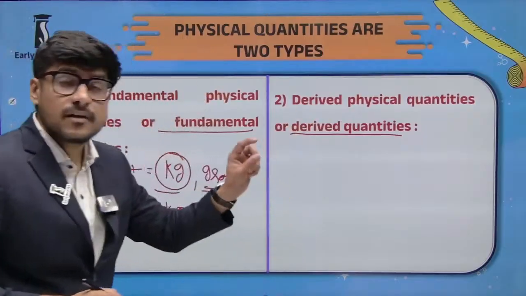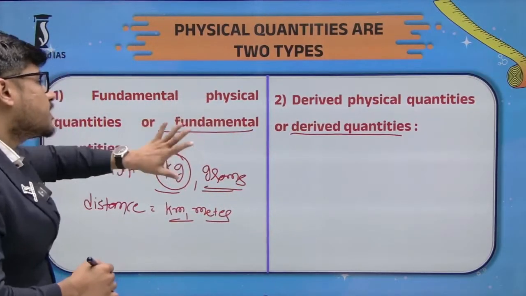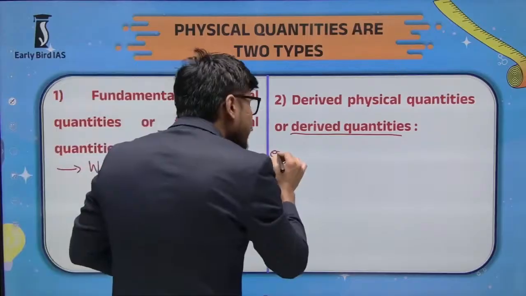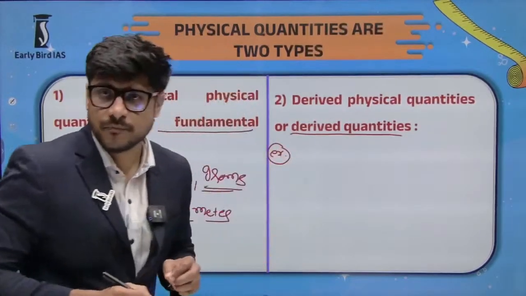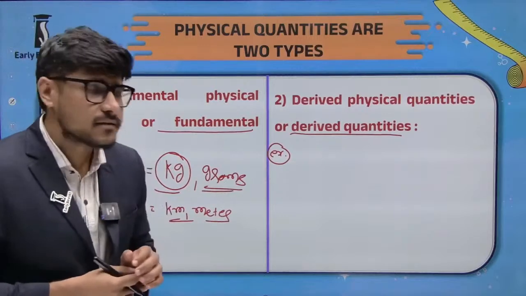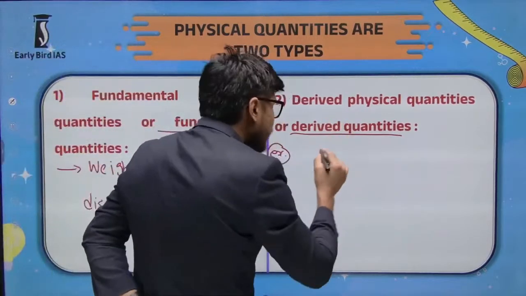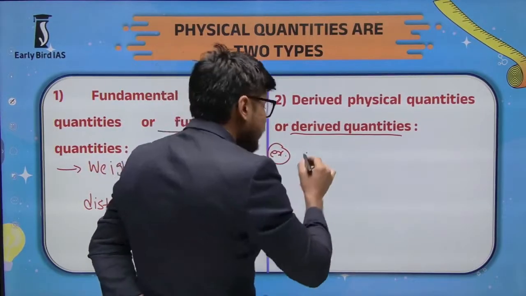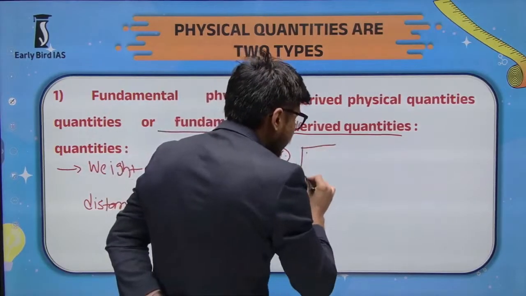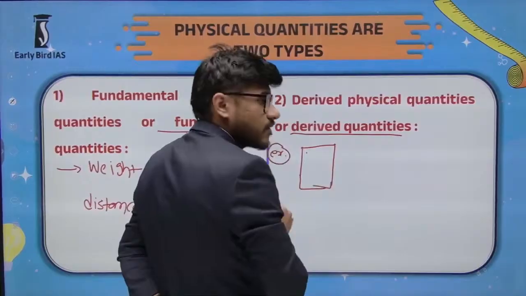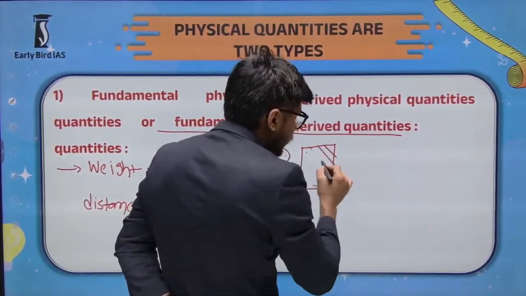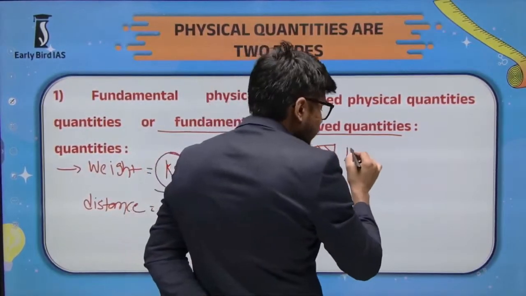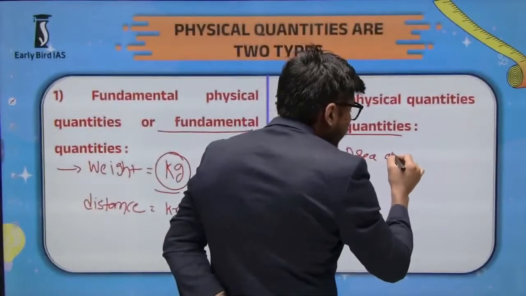Then what are derived quantities? Derived quantities depend on these fundamental quantities. Let me give you one example. From the example, you will immediately understand what I am trying to say. So, derived quantities depend on the physical quantity. For example, there is a rectangle. If I have to judge the area of this rectangle,